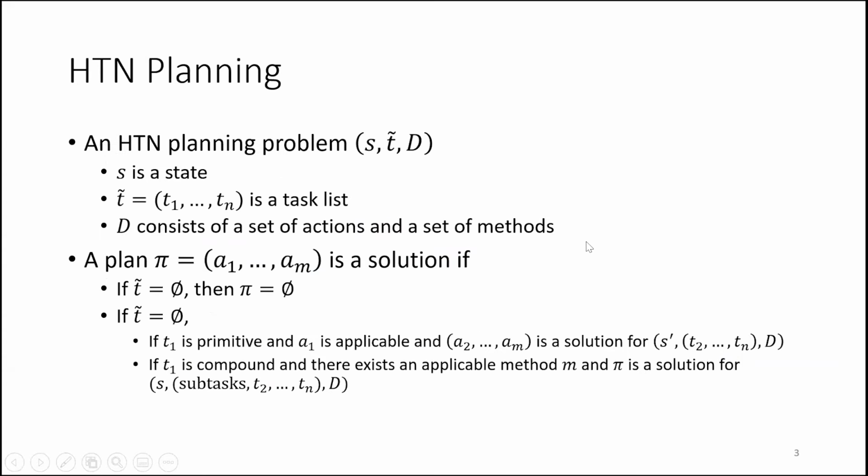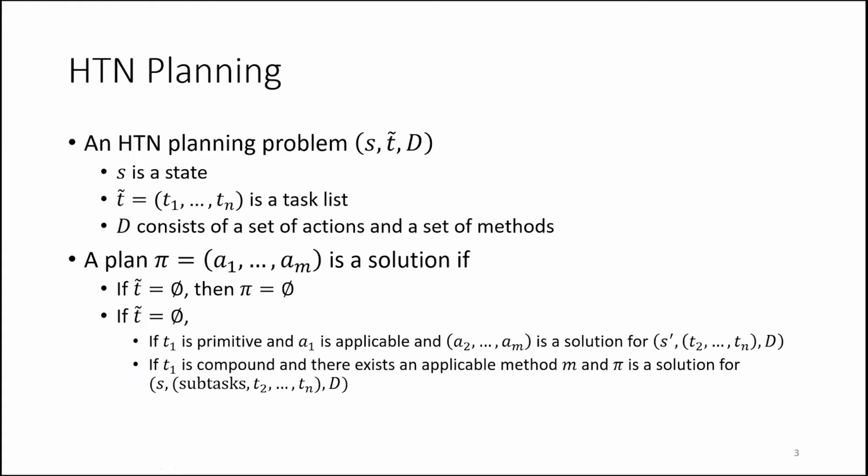An HTN planning problem consists of a state, a task list, specifically the agent's task list, and the domain that includes a set of actions and methods. A plan is a sequence of actions. A plan is a solution if